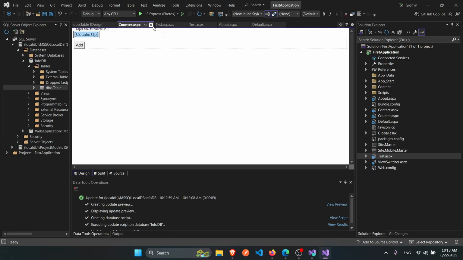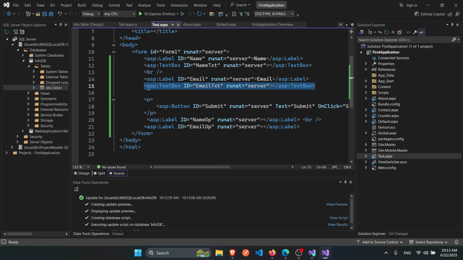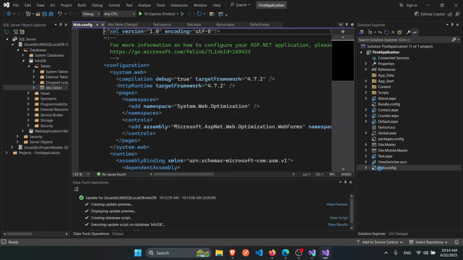So now this time we will be working in our test.aspx. But before that, we have actually created our database. Now we have to create a connection between our application and our database. So how do we do that? Let's see. In order to do that, we have to modify one of our Web.config files. So if I double click here,